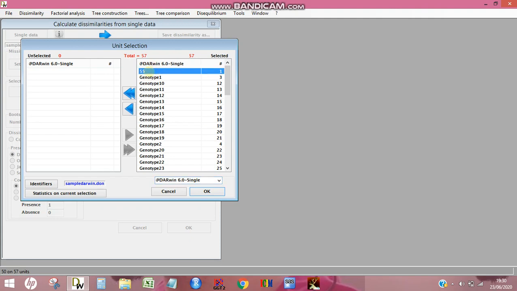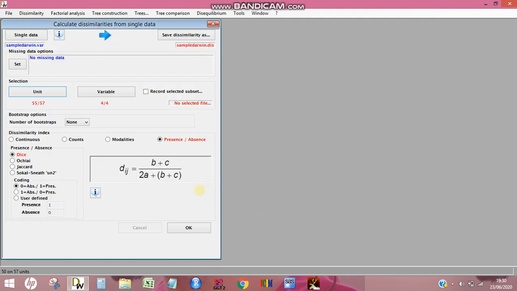For some of the units there will be different coding, so you have to take out whichever are not your units. Suppose I have one like this. Similarly I have another one here, so you take them out. So now we have 55 units, that means 55 genotypes, whatever we gave as input.